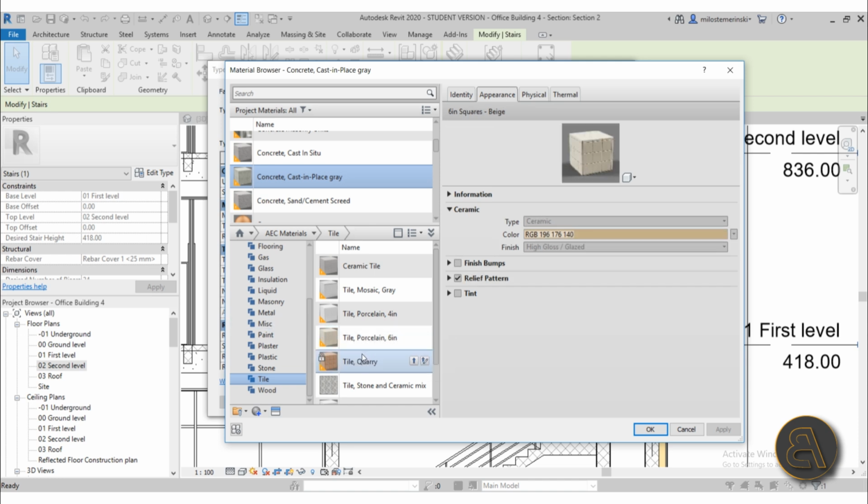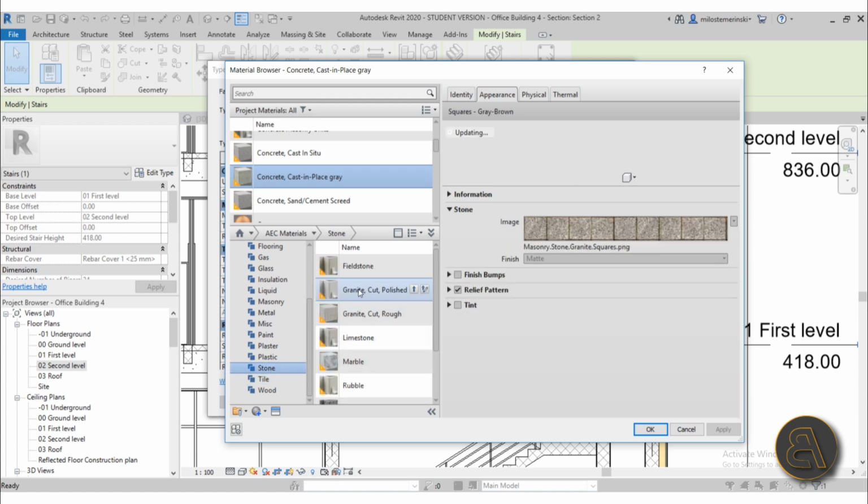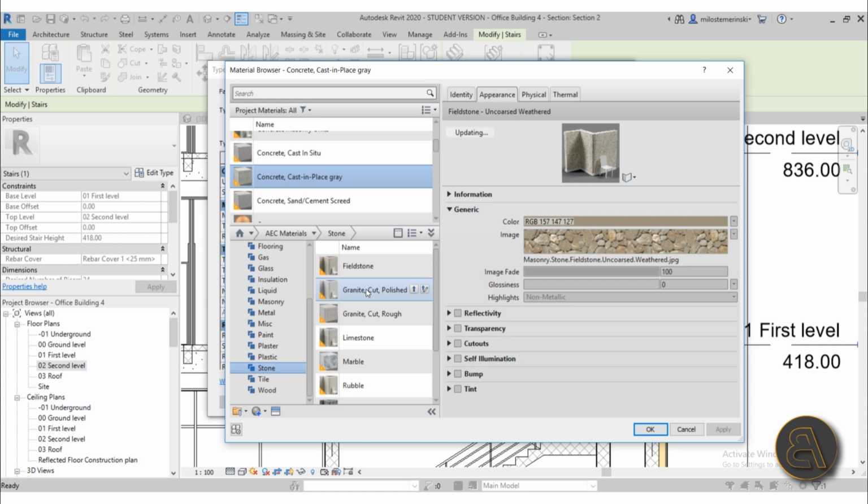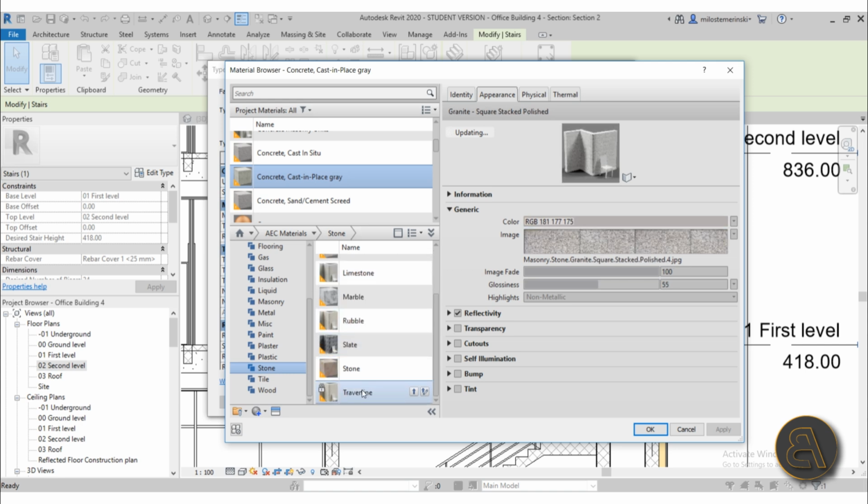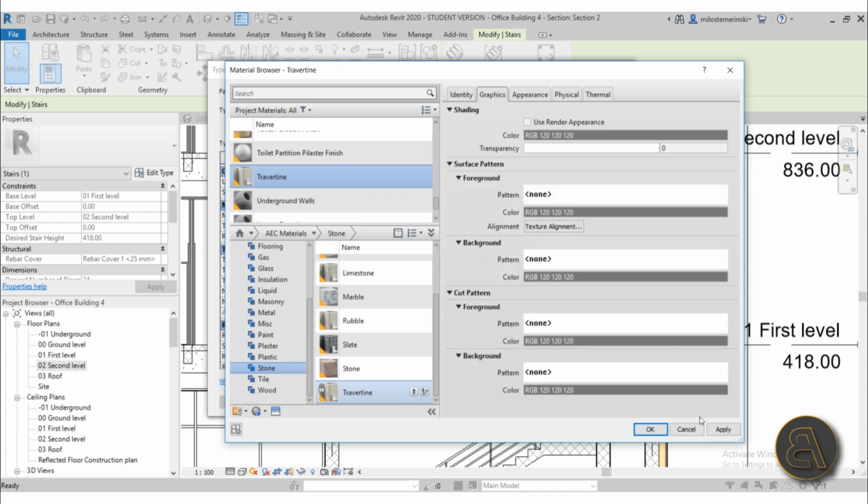Or let's see what else, maybe some stone. I actually like this Travertine stone. I'm not really sure of the name, so let me just load that in, and that's actually what I'm